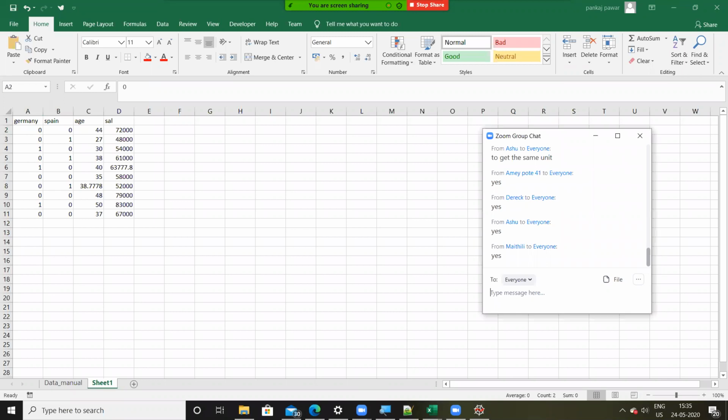When we are saying Germany 0, Spain 0, what does this indicate? It means France is 1. Can you please confirm it on the chat window? I see just only one confirmation from Maithili. What about others?